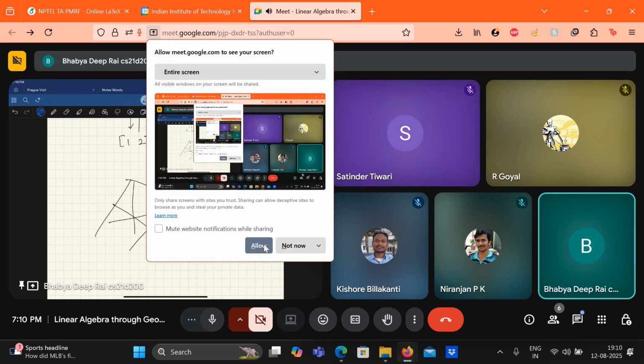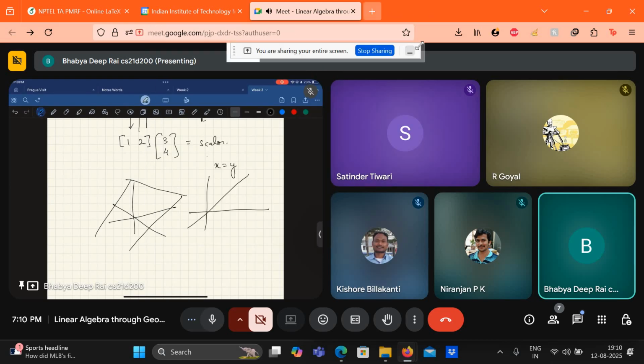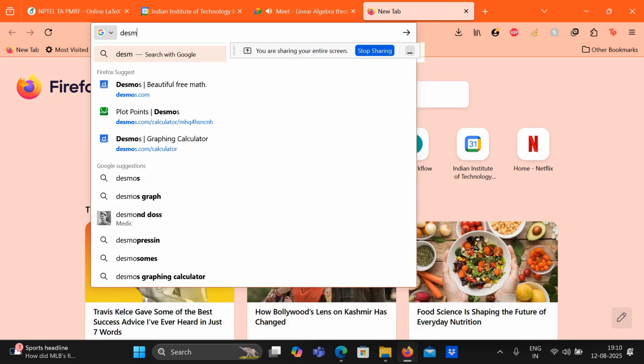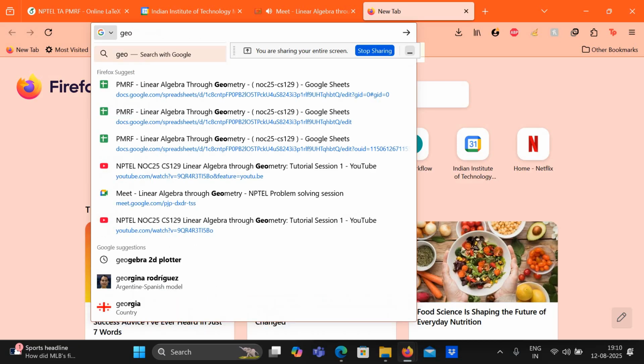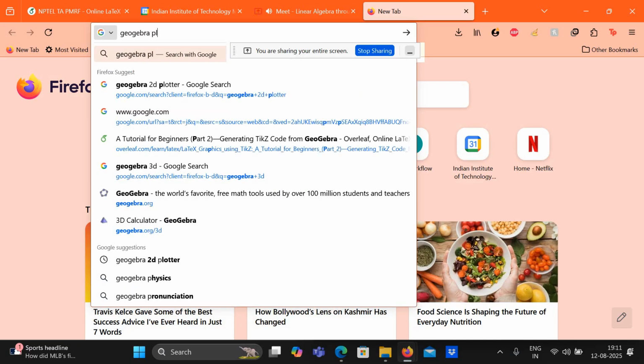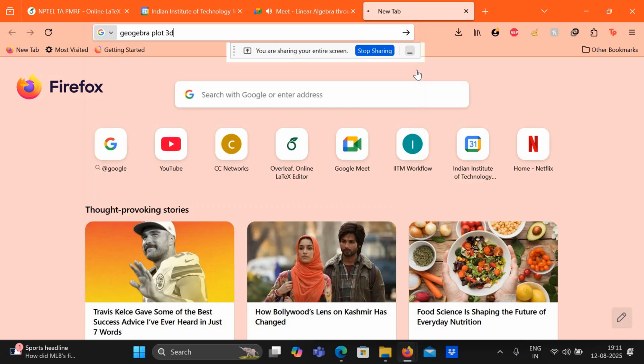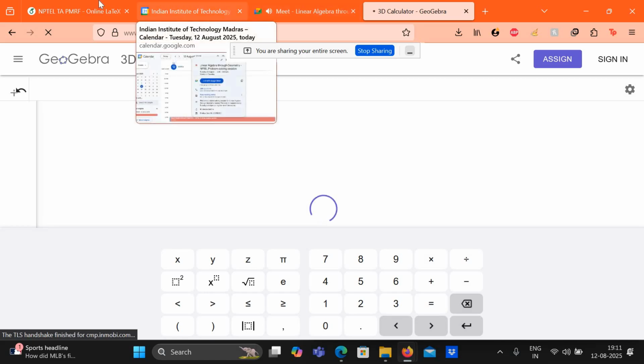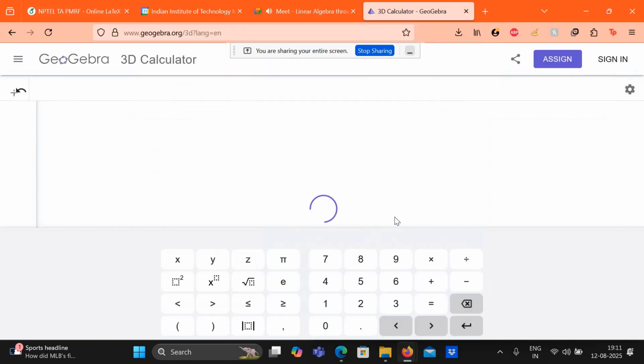Okay. So if what I'm saying is, see, this is a 3D plot. Okay, this is not a 2D plot. What happens if you plot x equals y on a 2D plot? It forms a line. But if you do x equals y on a 3D plot, the z-axis could have any values. This is what it will look like.